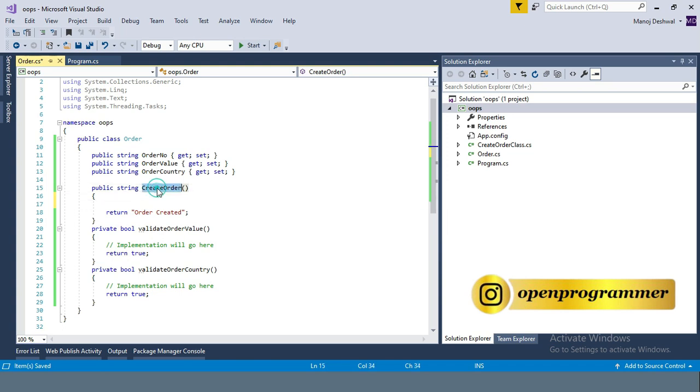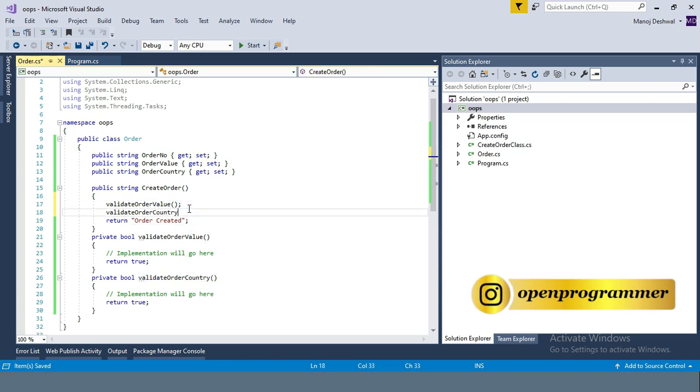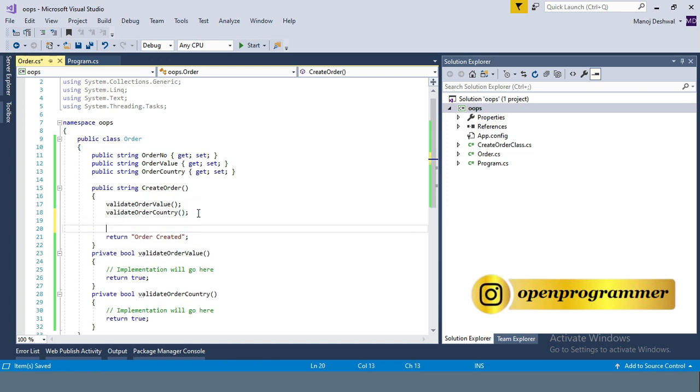So this is create order function. Let me copy this and paste it over here. Same thing we will do with the order country. All right. So before doing the order creation logic, we are calling first.